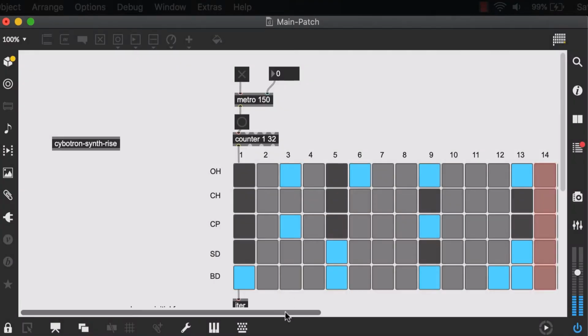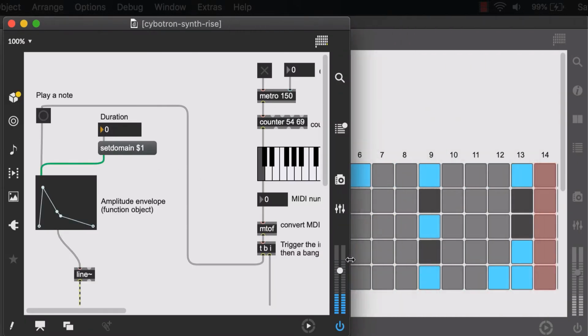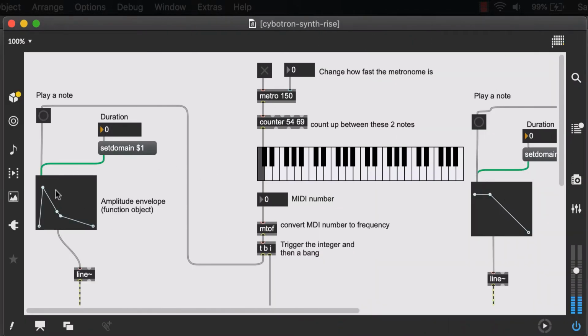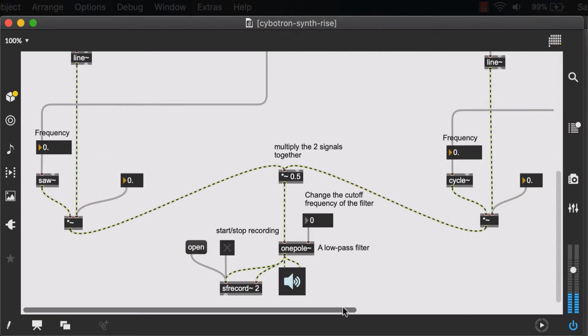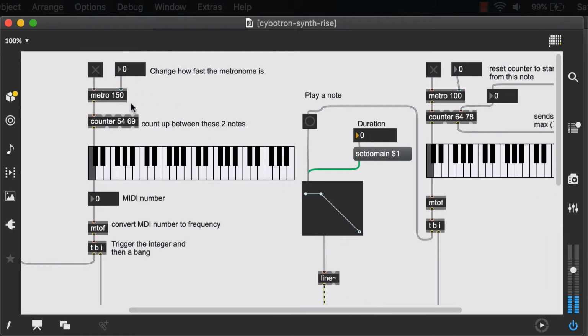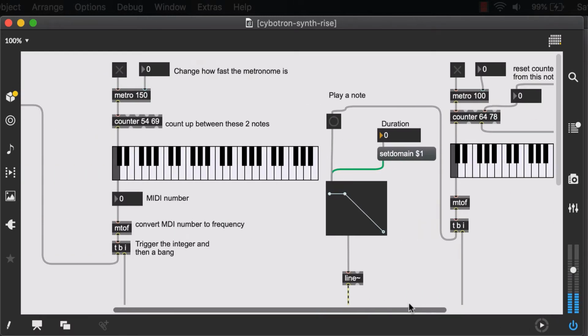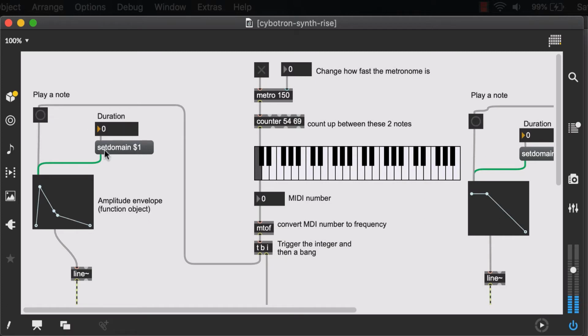Now, the last section of this video, how do we include this synth rise? Well, we don't need to connect the synth rise to our sequencer. So let's see what we want to keep and what we don't want to include when we abstract the synth rise patch. If you don't remember, we had 2 separate oscillators. We have a saw oscillator and a cycle oscillator. And we have 2 separate metronome objects, so we can have separate control over each of these notes. And the other thing that we could change was the duration of each of our notes, which would affect the